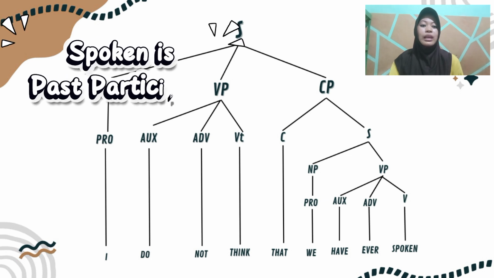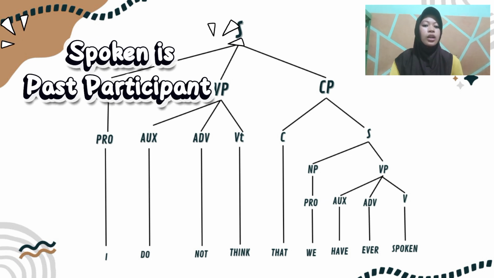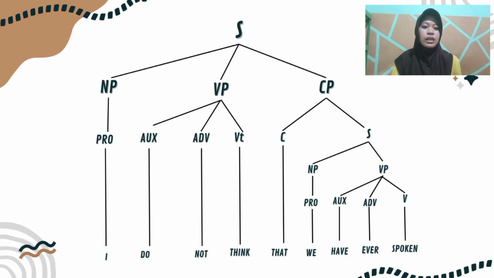And through the tree structure, we can clearly see how the sentence is hierarchically organized, starting from S down to its smaller components. Overall, this analysis shows that a sentence is not just a sequence of words, but a structured system in which each element has a specific role and contributes